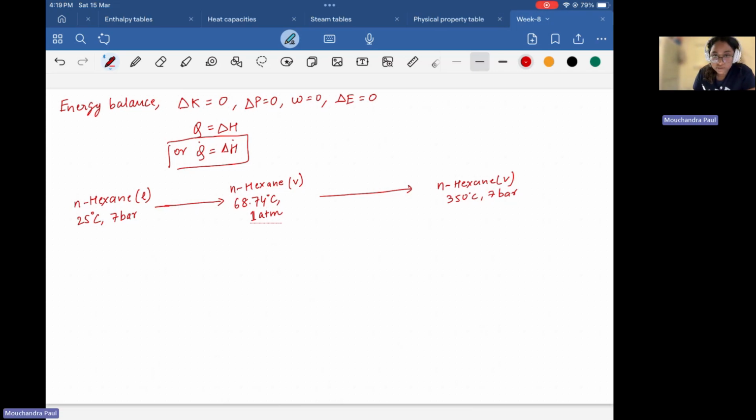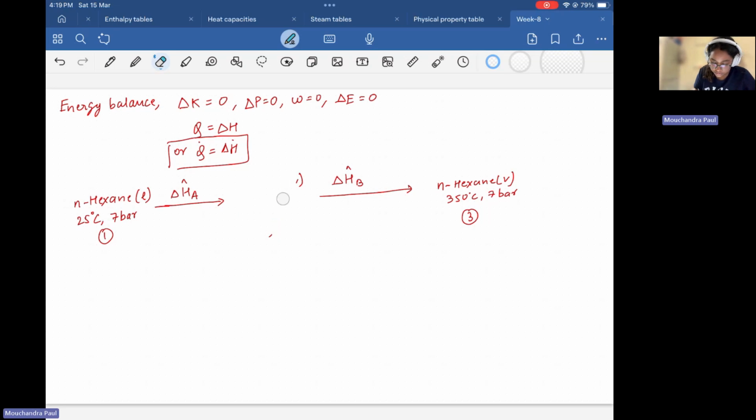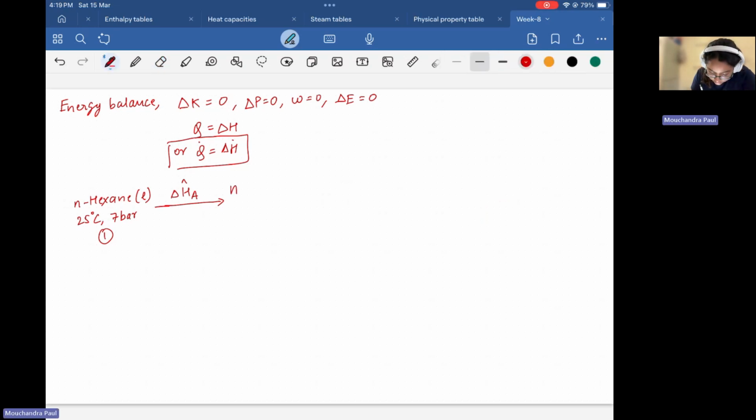So here, let's say the change in enthalpy from state 1 to state 2 is delta H hat A. From state 2 to state 3 is delta H hat B. There will be two more states here. Think about it, I just thought about it. First,